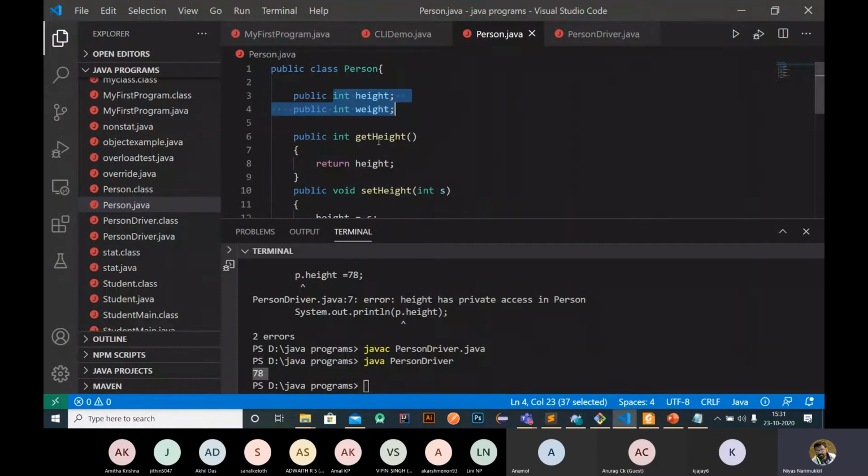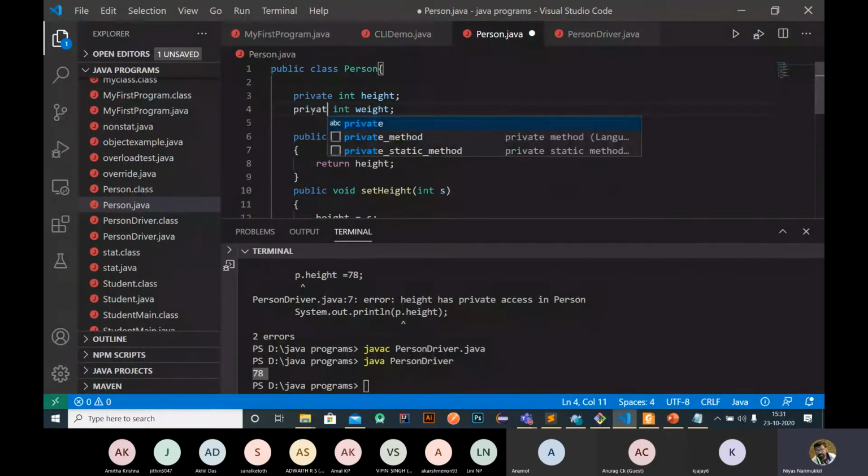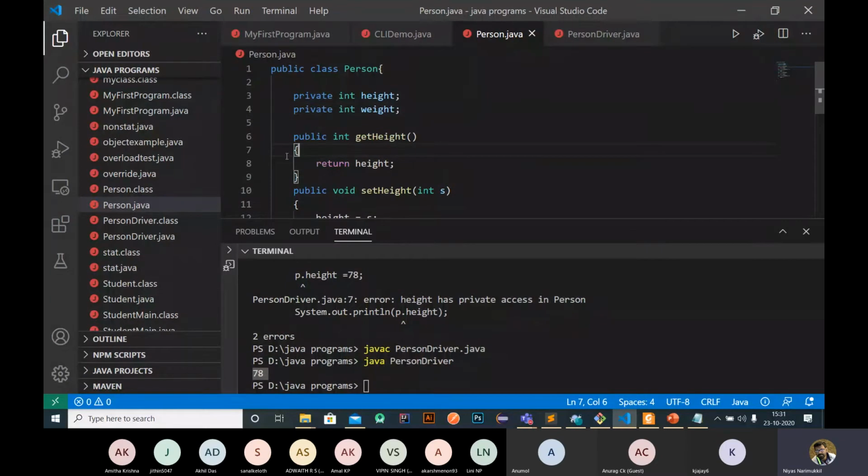That's why we define these variables as private, and we use methods to access the values. With the help of these methods, we can do some operations. We can control the way in which the variables are accessed. We can provide any kind of condition and include any kind of restriction over this object, this class, and this variable.